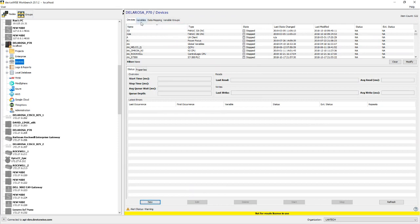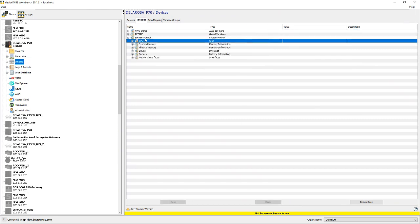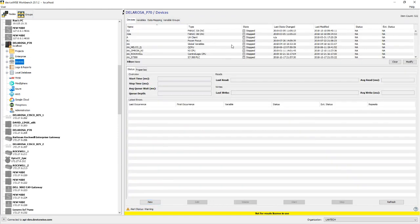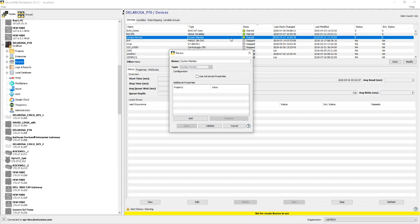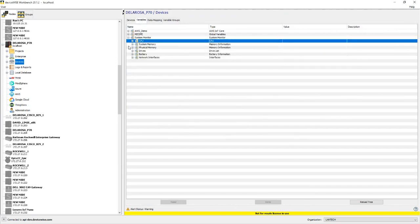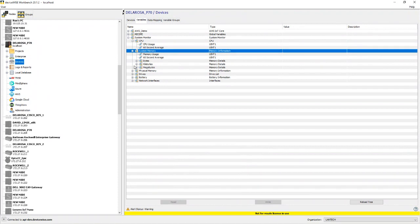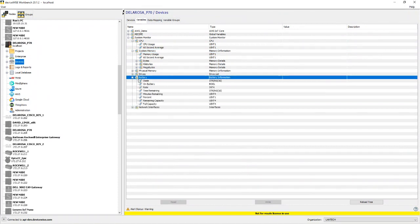Then I predefine some devices. For example, this system monitor device, let me mark it here, started, basically looks at the vital signs of my laptop. It's only for illustration. Here you see the CPU usage, maybe the memory that is being used, the battery state,